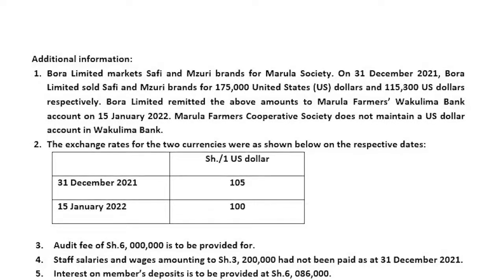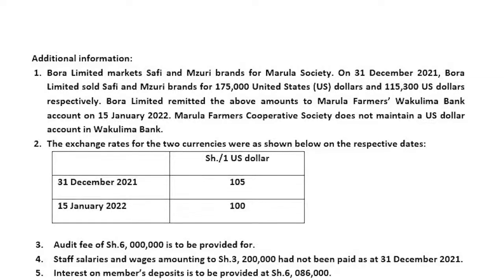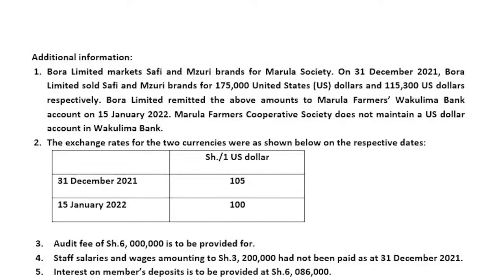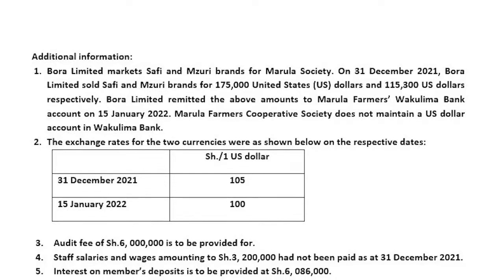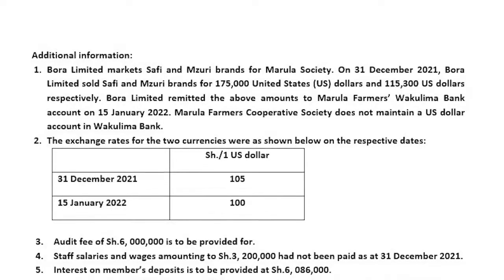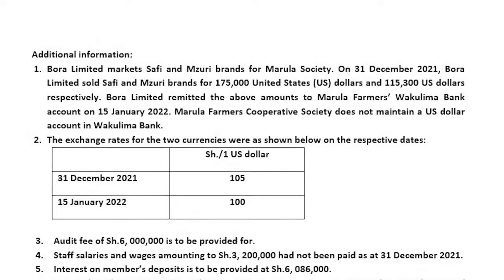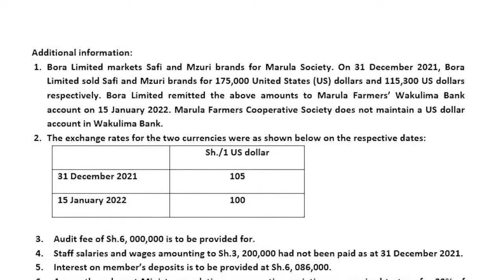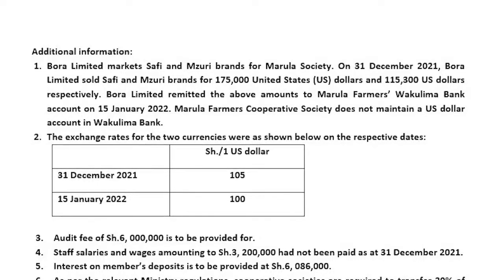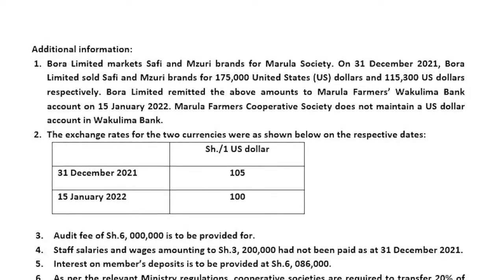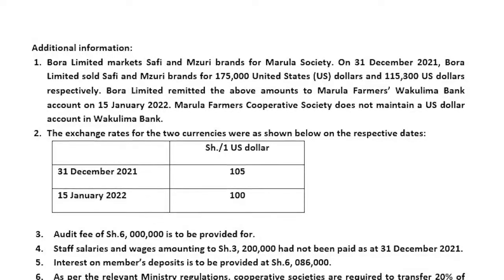The same case with this particular Bora Limited is an agency of Marura, a cooperative society. It markets and does what? Sells those two coffee brands on behalf of that cooperative society. So therefore, once it sells, definitely it remits the money to the bank account of the cooperative society. But because you're given the sales in US dollars and the other figures are given in shillings, we have to translate those particular sales